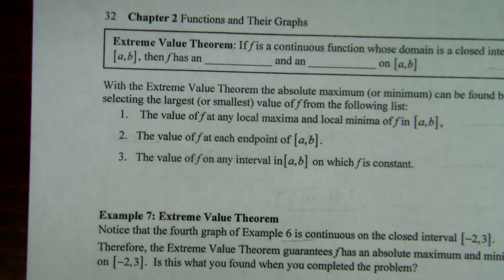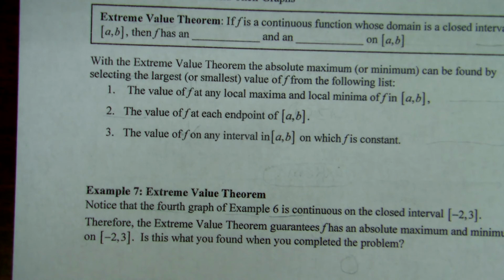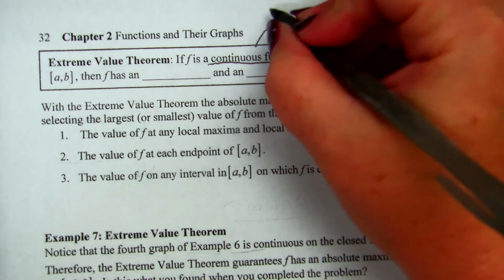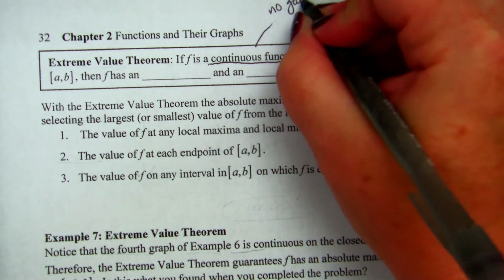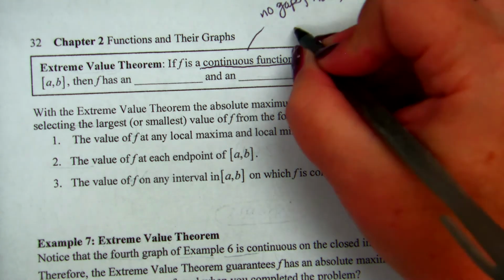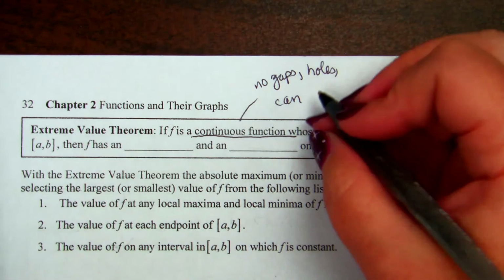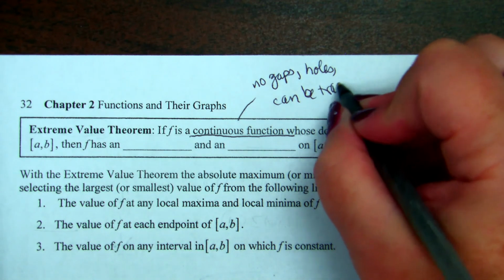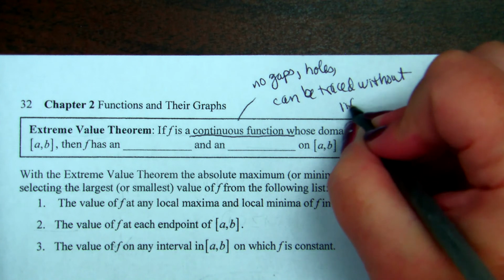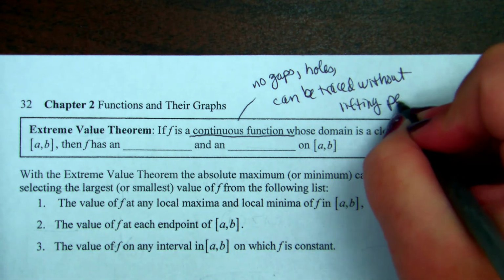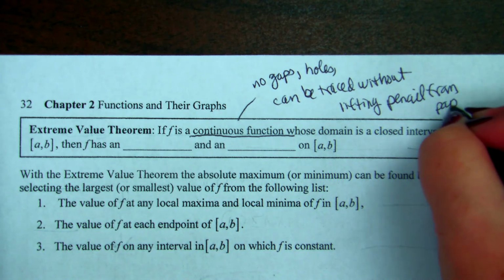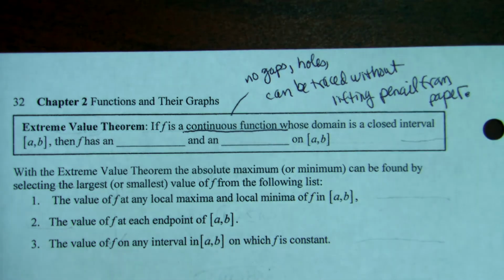The extreme value theorem. If f of x is a continuous function, and a continuous function has no gaps, no holes, can be traced without lifting pencil from paper. You can draw the whole graph without lifting your pencil from the paper because there's no holes and